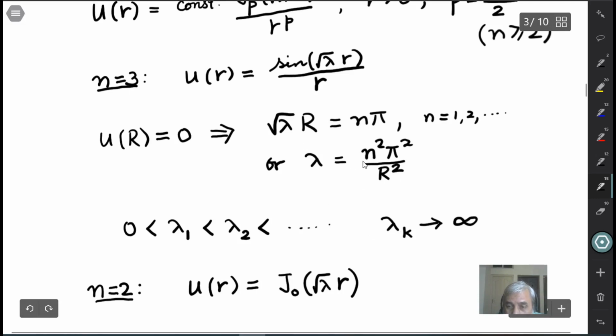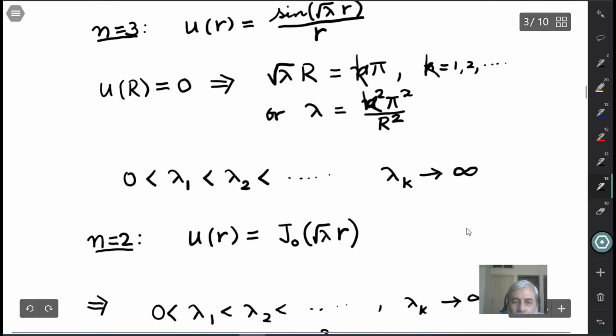Just look at that. Maybe I should use a different notation here instead of n, because n we are using for the dimension. Okay, so this sequence of numbers tending to infinity, so it's unbounded,